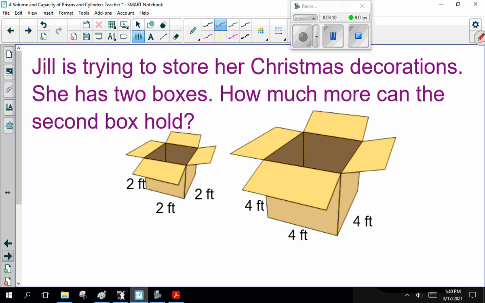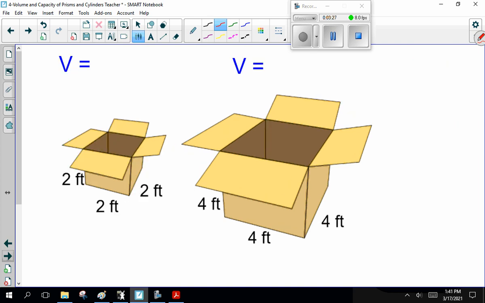Moving on. Jill is trying to store her Christmas decorations. She's got 2 boxes. How much more can the second box hold? Notice one is 2 by 2 by 2, the other is 4 by 4 by 4. So what I'm trying to say here is, what's the volume of these 2 boxes? Now, I apologize, on your notes one of the volumes got changed to surface area. Anyway, what is the formula for the volume of a prism? Well, it's always area of the base